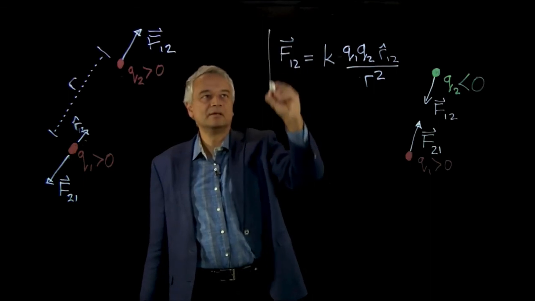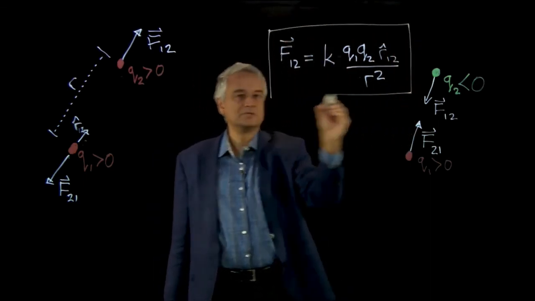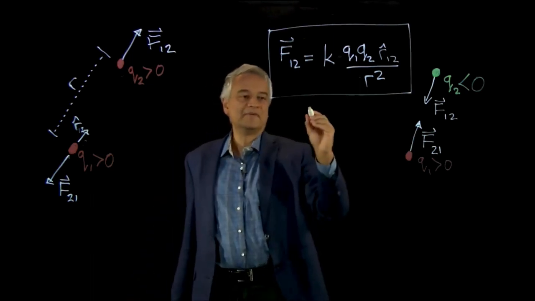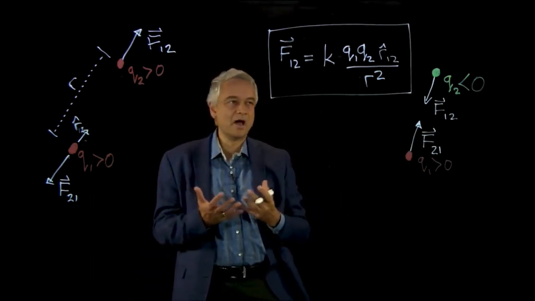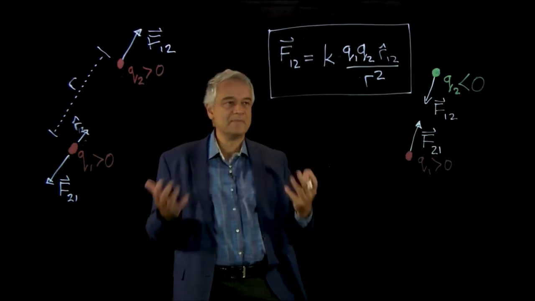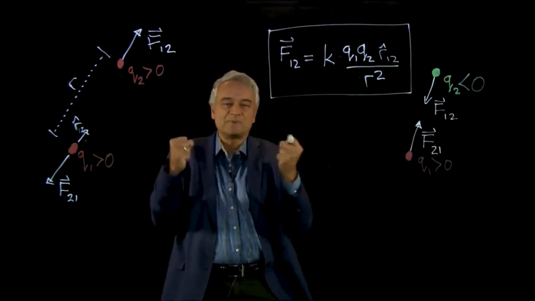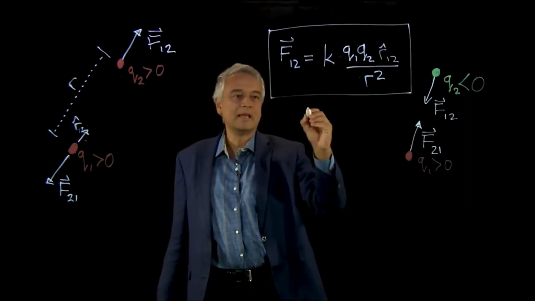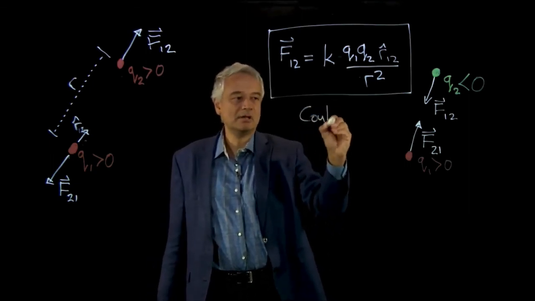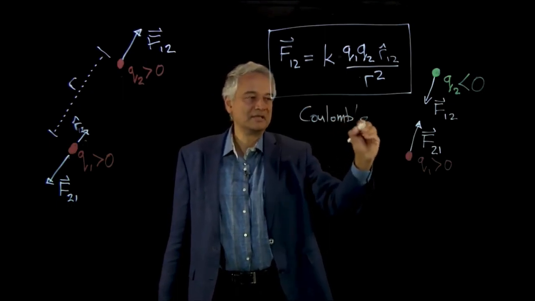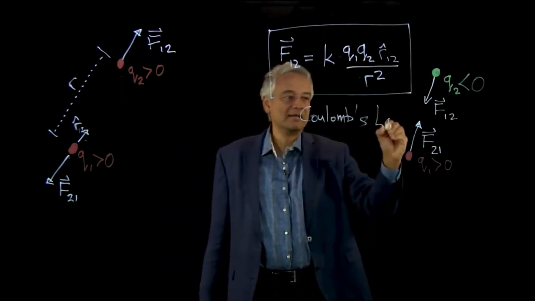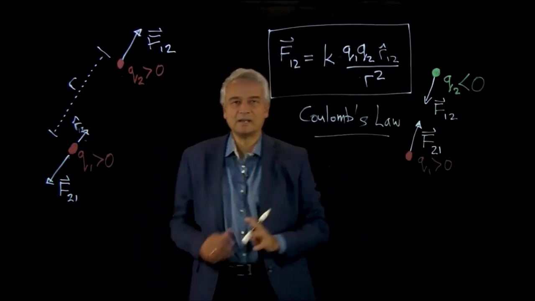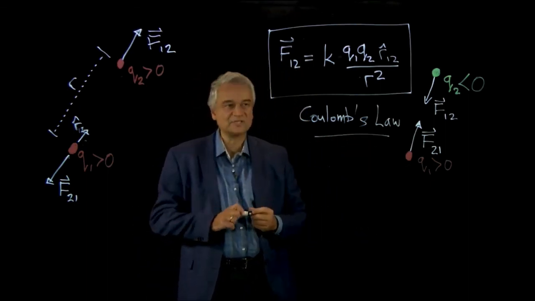And this equation, which describes the force between two charged objects, is a fundamental law of nature based not on earlier principles, but based on things we have observed about how charged objects behave. It's based on measurements and observations of nature, and it's referred to as Coulomb's law, named after a French scientist from the late 1700s, who was the first person to articulate this fundamental law of nature as we now understand it.